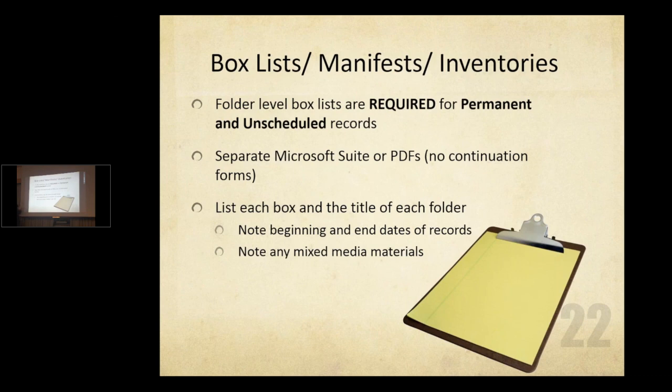We need to know the dates because that contributes to the inclusive dates of the records overall, and because that information is going to be germane to the team from Archives 2 that eventually is looking at it once it's been accessioned to our permanent collection. And finally,